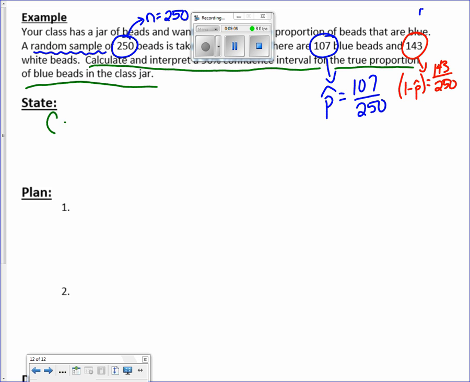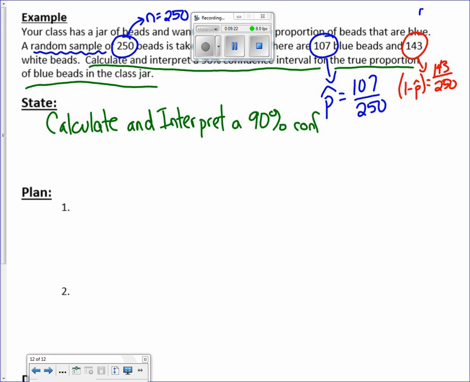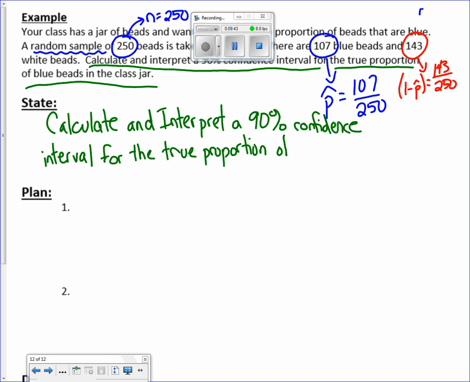I want to calculate and interpret a 90% confidence interval for the true proportion of blue beads